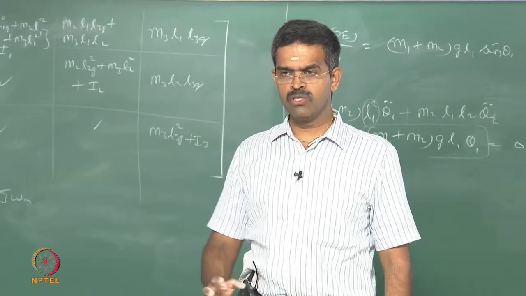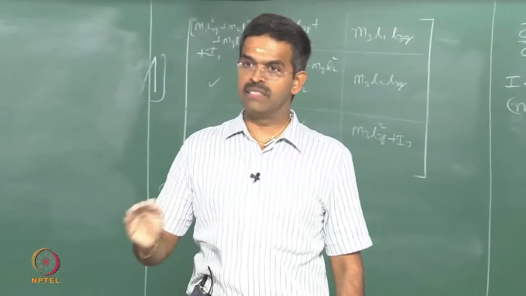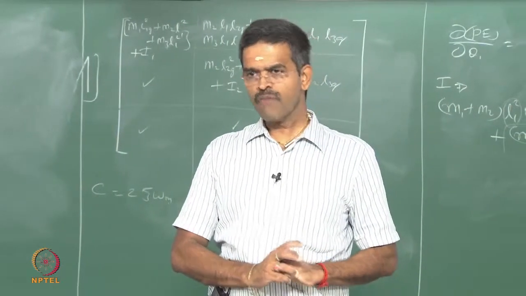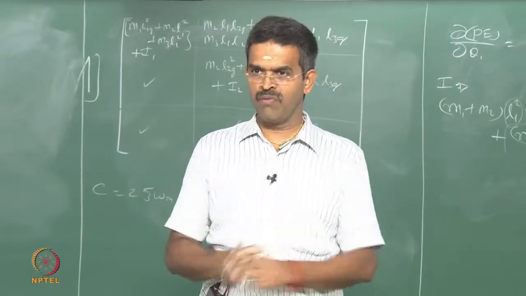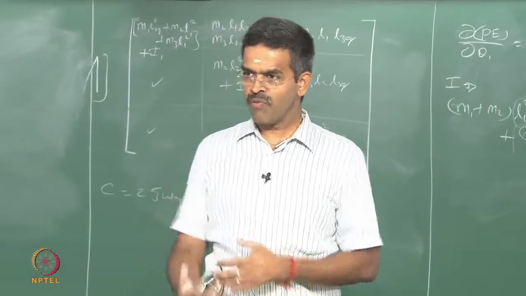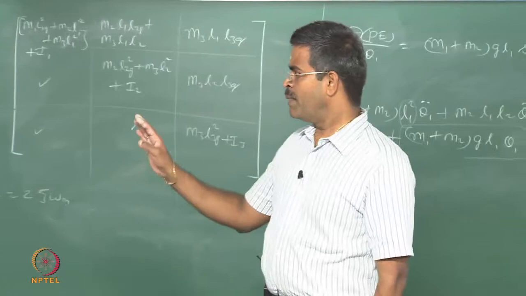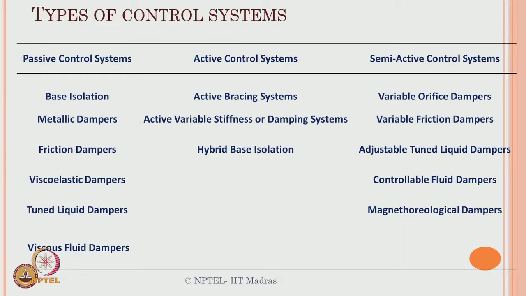Surge and sway are almost compliant degrees of freedom. So the response in surge and sway will be larger than that of roll and pitch. Therefore, people entirely focused on controlling surge or sway motion. Surge will be for unidirectional waves, and surge and sway will be for multidirectional waves. We already know this, is it not? So people thought about response control by applying it to specific degrees of freedom in offshore structures. So let us see the types of control systems here.